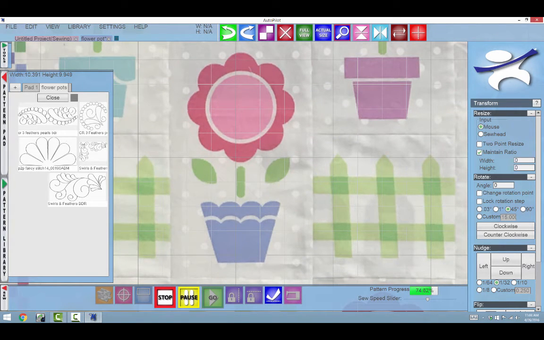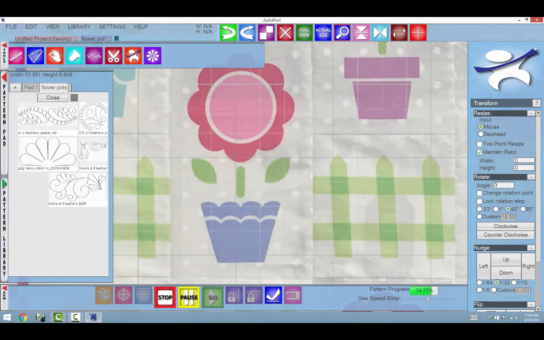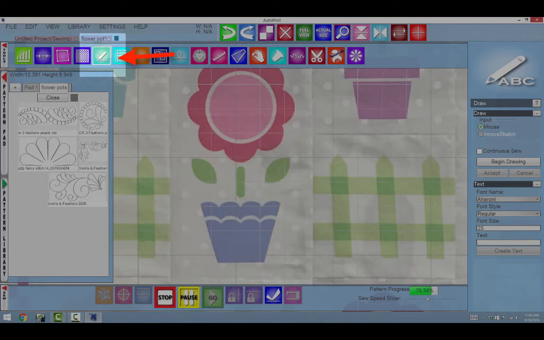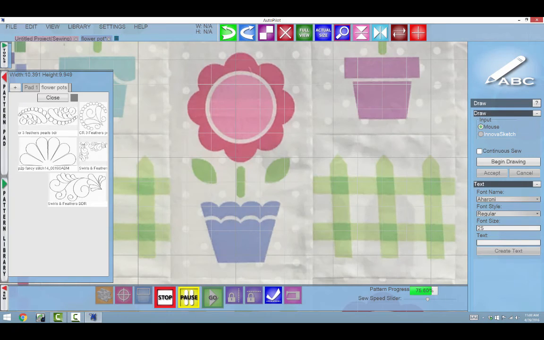It's a drawing tool. So if I open up my toolbar and see this pencil right here, I'm going to choose that. Then I'm going to move that toolbar out of the way because I want my screen to be as big as possible. So I'm using my finger on the screen, which is the same as mouse, and I say begin drawing. Now I'm going to go around this flower pot